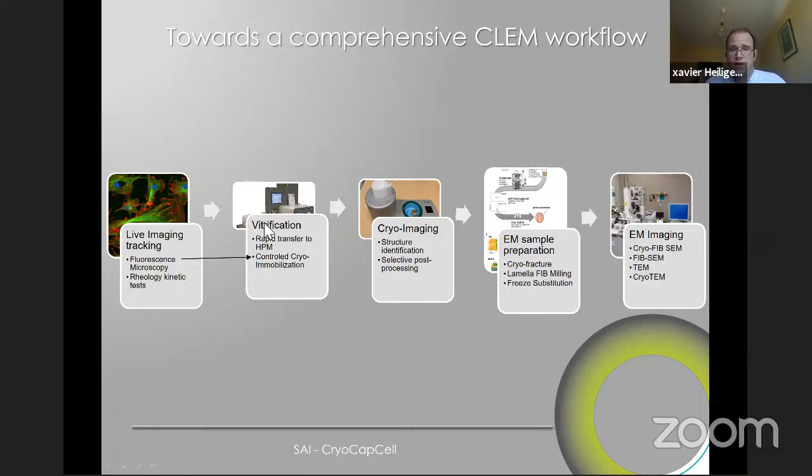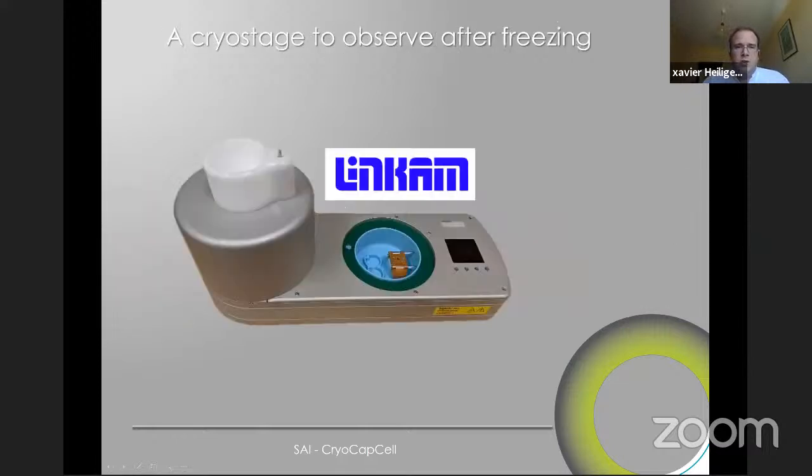So the first one is easy. Then you do high pressure freezing, and then you can do cryo imaging. And you could do some imaging here. Again, that's what I said in the introduction, before doing the EM analysis. So let's focus on the Linkam stage or any cryo stages. To date, those cryo stages are commercially available from Leica or Linkam. And as you can see here, they require the use of upright microscopes.